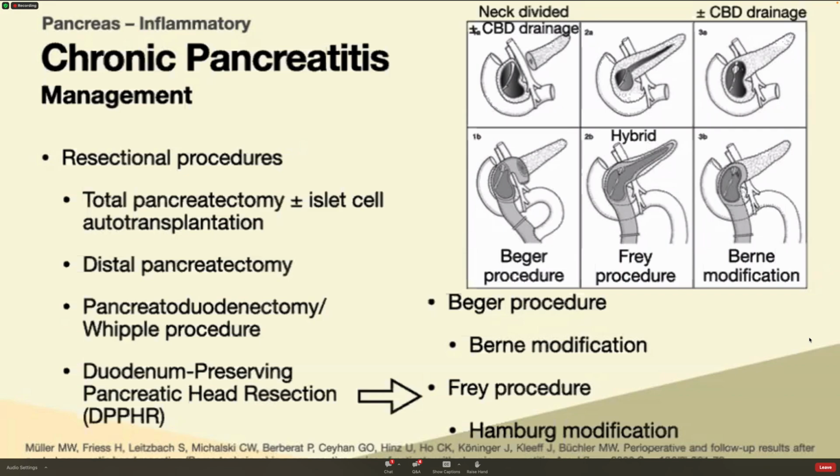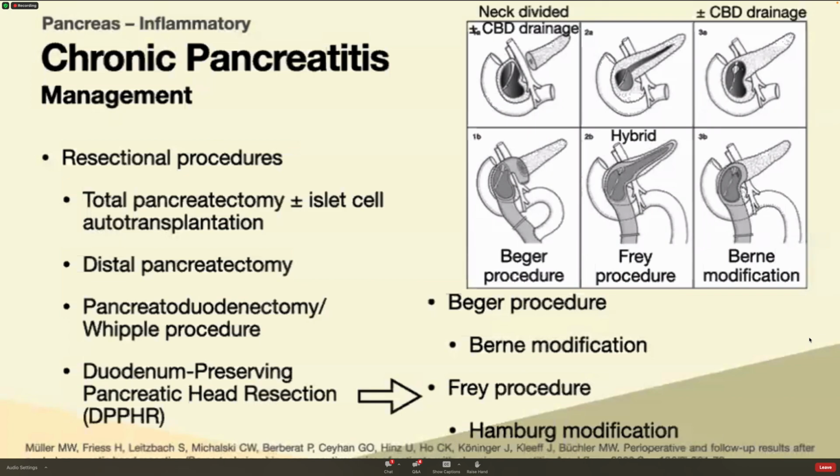Then this area is reconstructed with a segment of the bowel. For the Berne modification, it's similar to the Beger procedure, but the neck is not divided. So for both procedures, this can include CBD drainage as well. For the Frey procedure, the removal of the tissue at the pancreatic head is less extensive, but what's different about the Frey procedure is that it's like a hybrid procedure, since it also